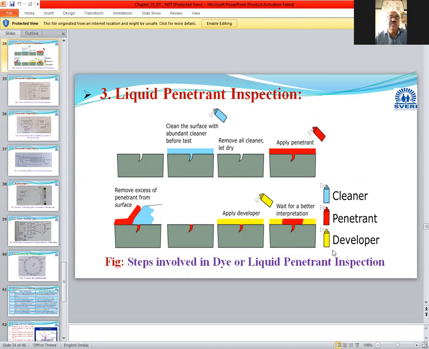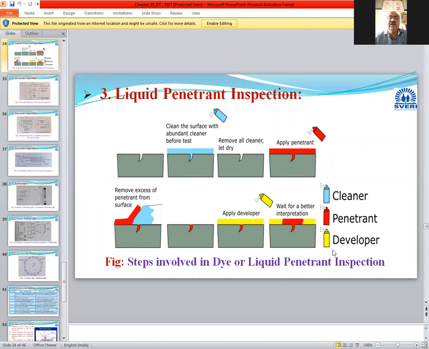So this is the simple concept. You can take any component having certain surface cracks, clean it. After this, you can pour the penetrant, a fluorescent penetrant liquid, and after that you can put white chalk powder over this. If there is a defect, the white chalk powder will take the color of the penetrant, red color, then we say that there is a defect. So this is normally used in our welding.